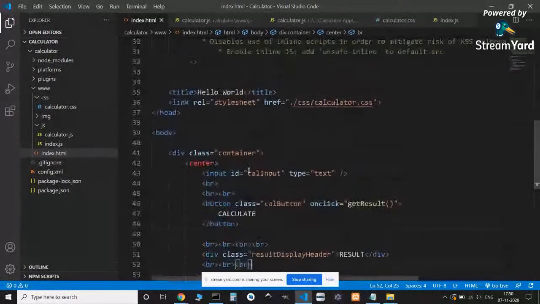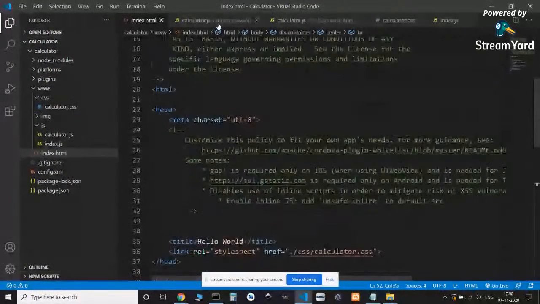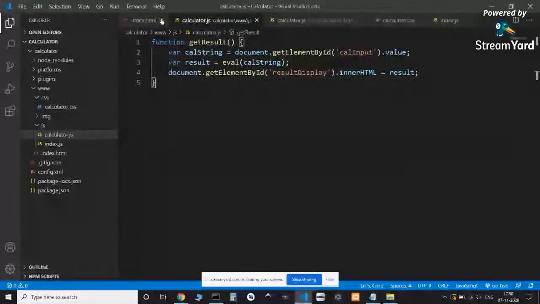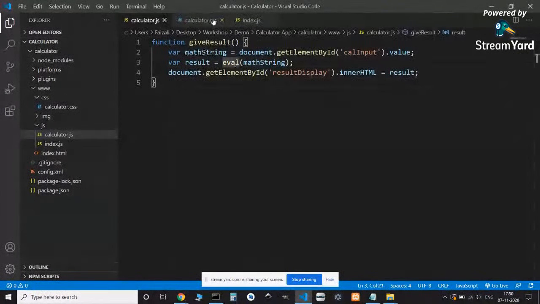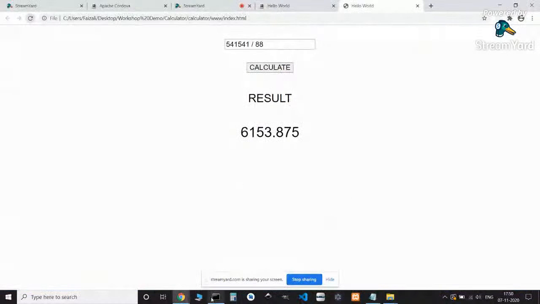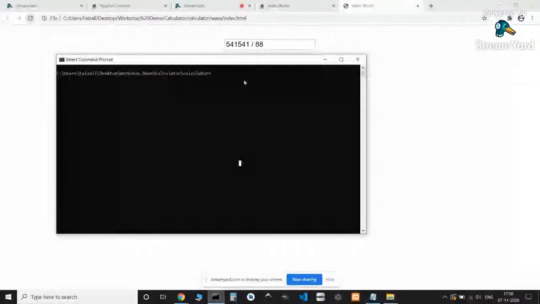Okay. So let's compile the app. Let's just close everything. Let's just close this. Okay. Let's go to our terminal. So you already opened this. So now we'll be directly using the build command, which is basically Cordova prepare plus compile. Now,